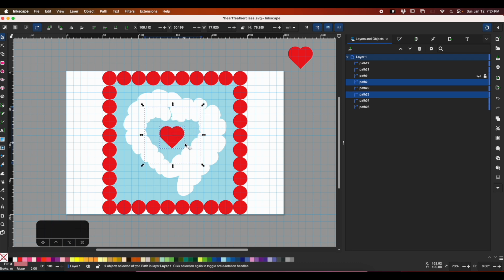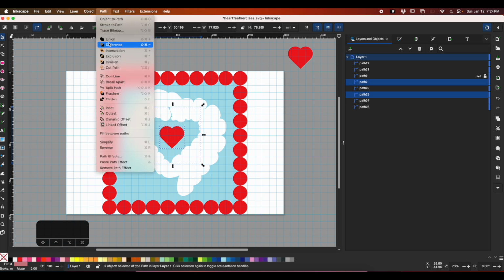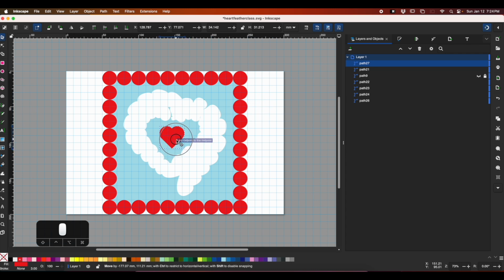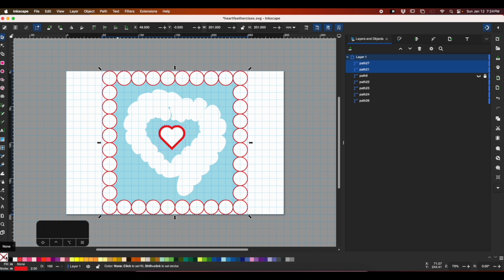And then I'm going to come up here to Path Exclusion, and that's going to cut it out of that blue shape. I then need to come to this heart shape, as well as my circles. I can select my circles as well, and I want to shift click on the red and left click on the none X down here. Right click, leave those as 1 millimeter to show that I'm going to have a running